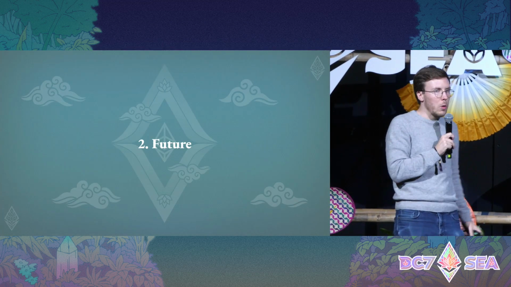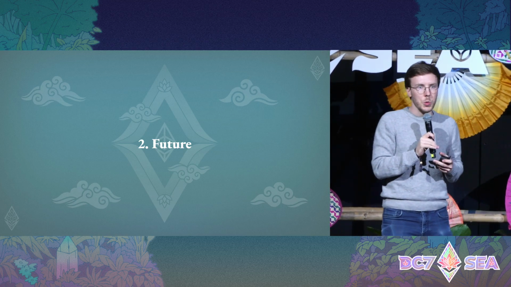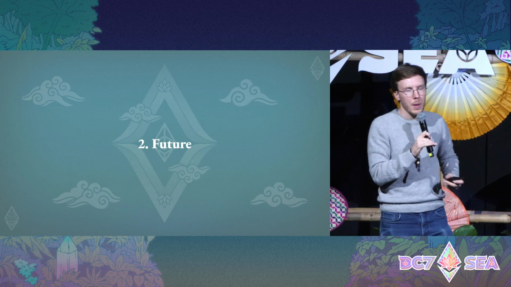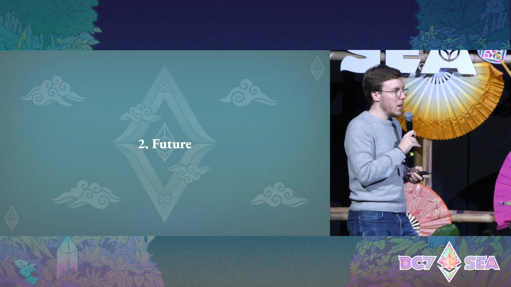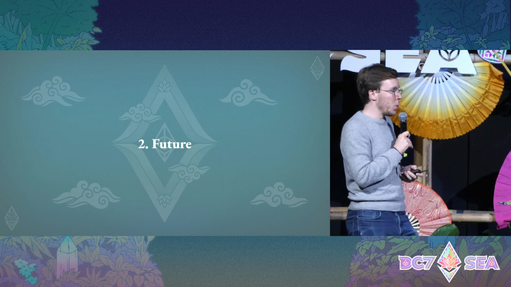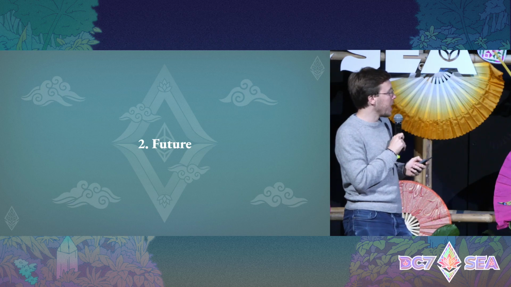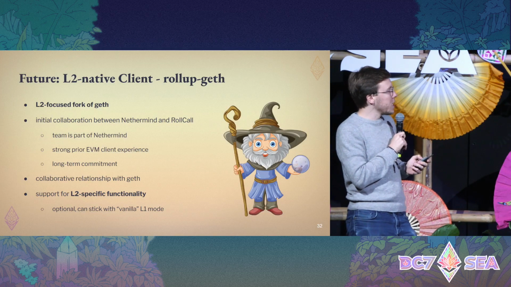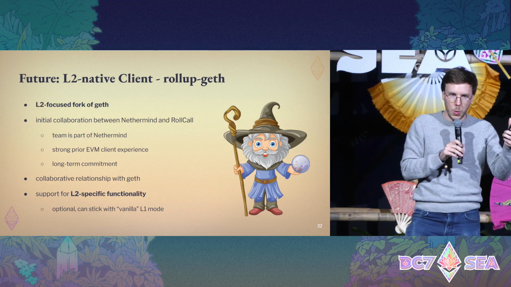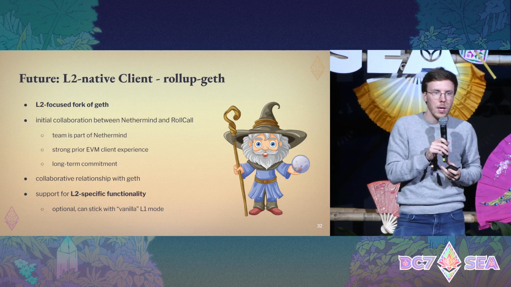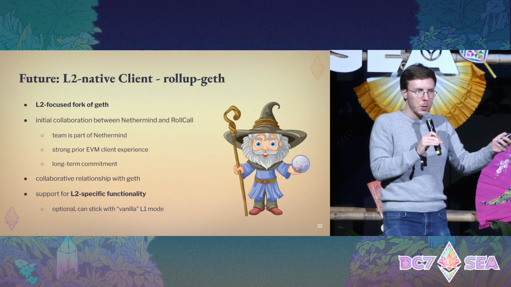So where do we go from here? How can we make sure that we give L2s the best way to really make the most of this best of both worlds trade-off space, where they are in this unicorn range of high throughput with low trust requirements? How can they have an optimal system designed around this? Well, there are two pillars that we have been focusing on. The first one is to make sure that all L2s have a client that is willing to focus on and support the L2 use case more natively.